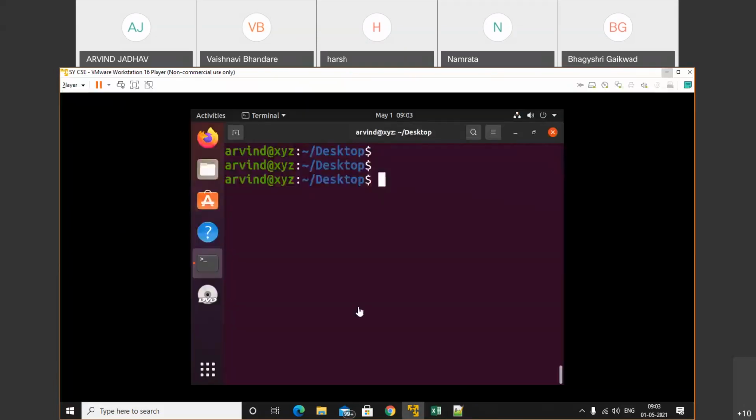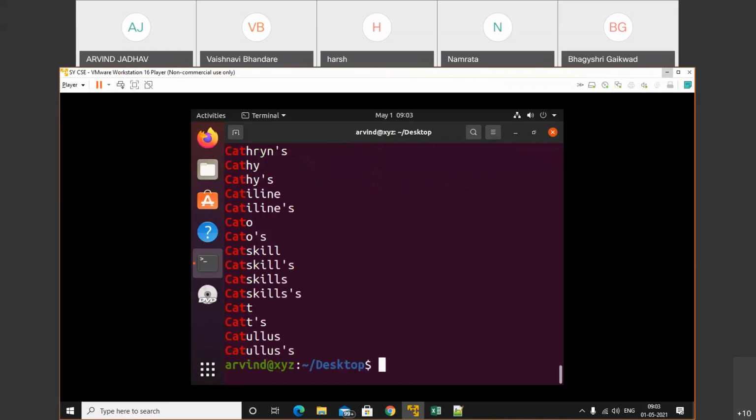Let's do that. Grep, cap, cat. All the words starting with cat will be listed. See, catty, catties, catulus, cato, catiline. So we can find the words starting with cat.